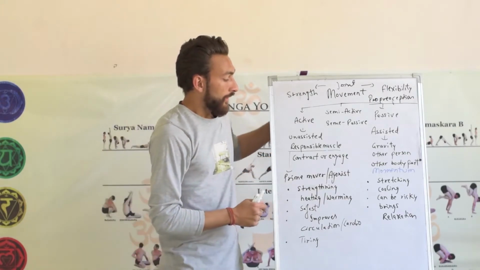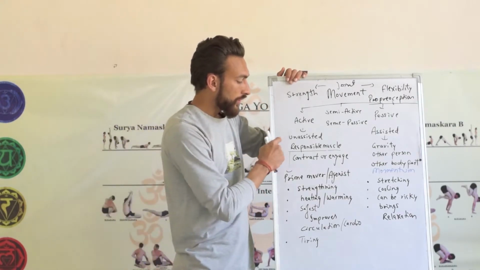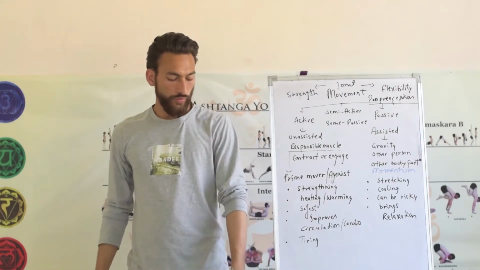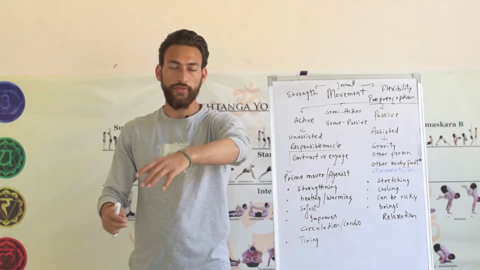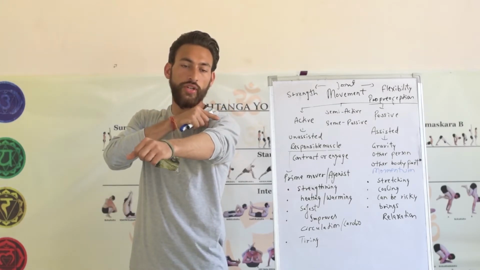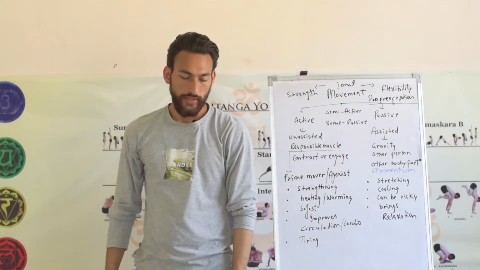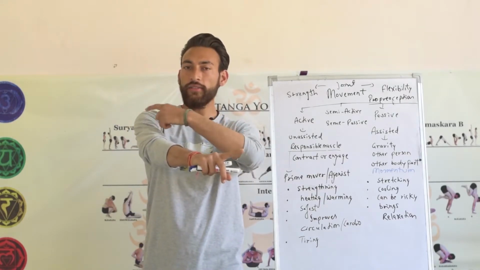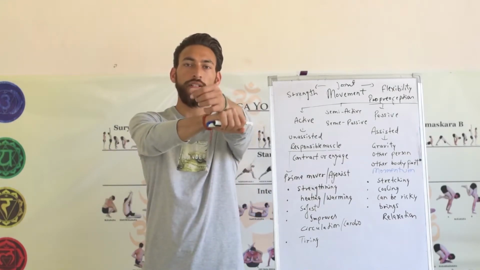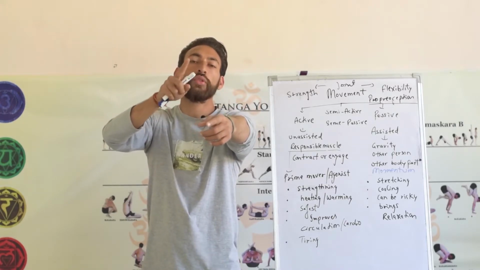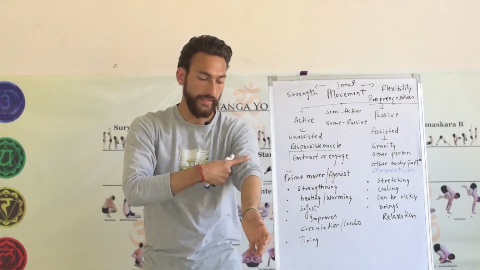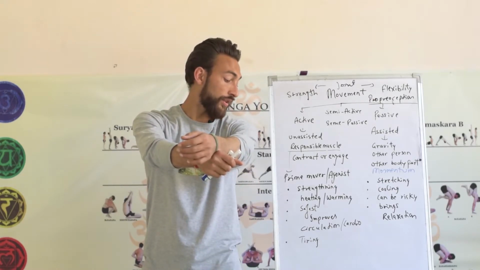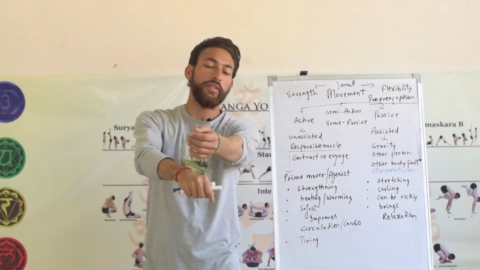So talking further about this, let's say I talk about the shoulder joint. So there is a movement, I raise my hand up. If you notice, if you touch your shoulder on top, it will be tense. But if I take my hand up with the help of the other hand, this hand will become active because it is making effort, but this hand is no more going to be active because it is moving because of this hand.